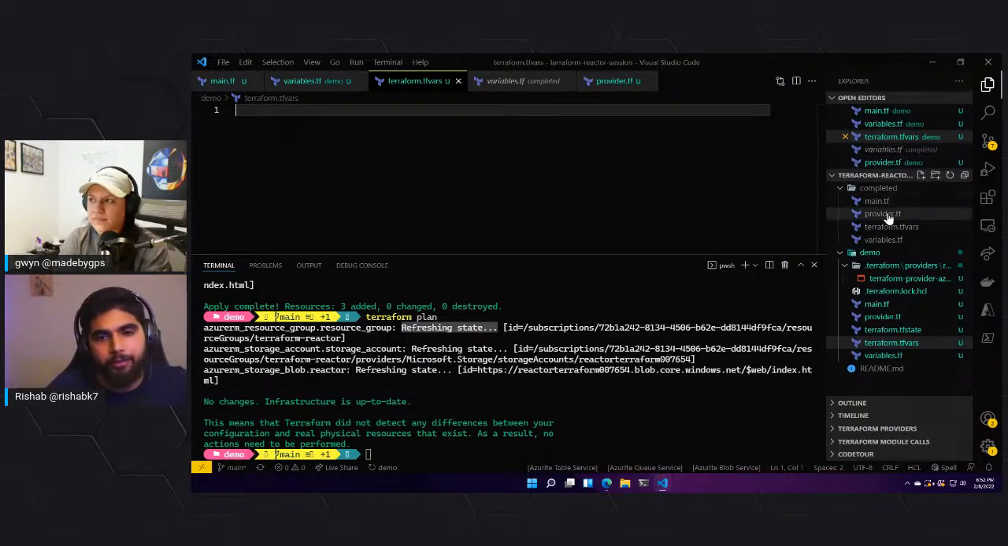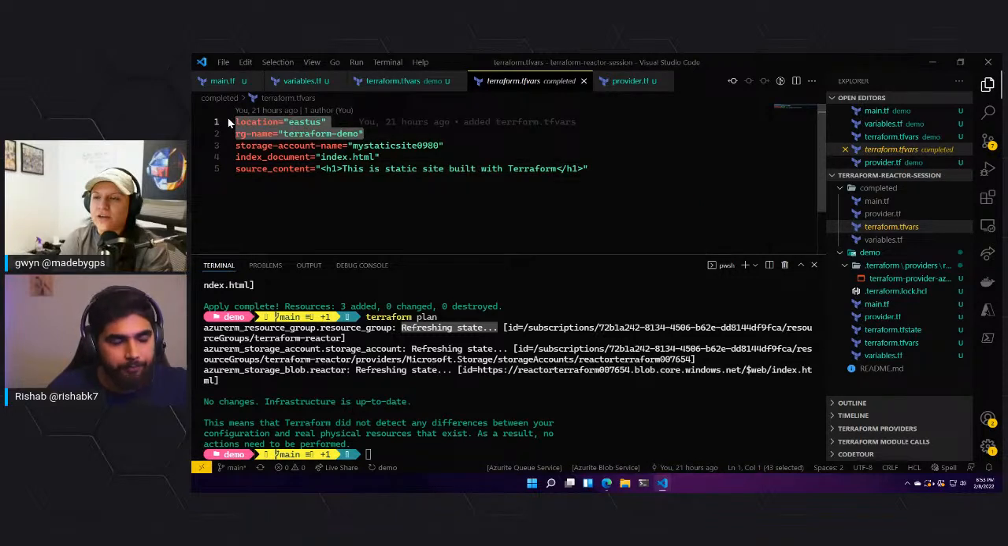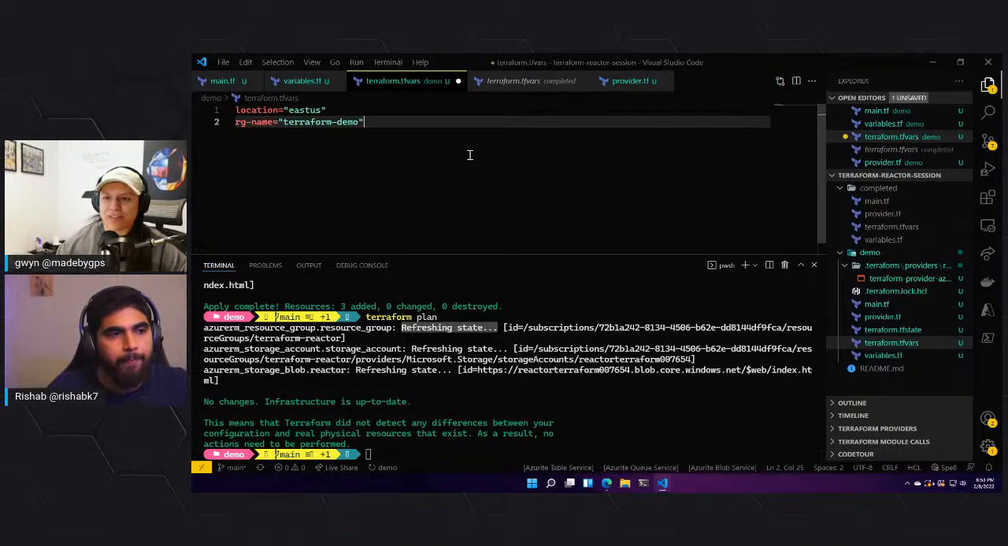And it's really similar to a .env file. You have a variable and then you assign a value to it, a key-value pair kind of thing. So this is instead of doing Terraform apply --resource-group, providing the value, --whatever,